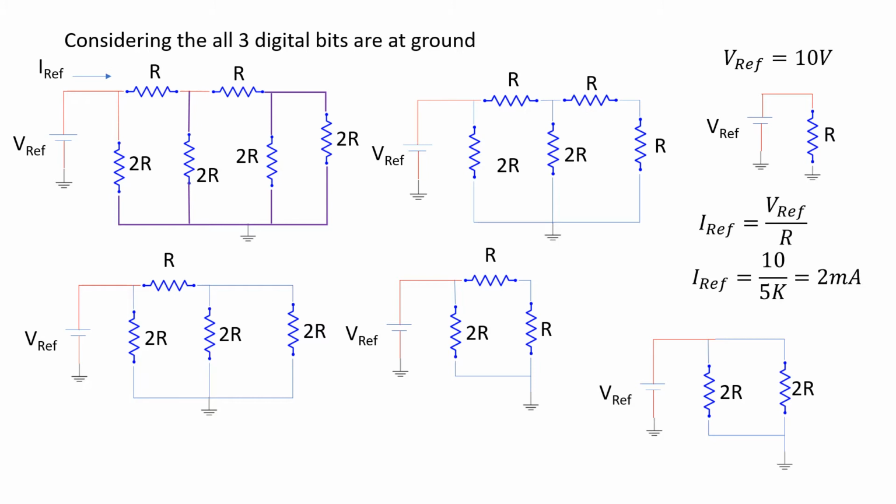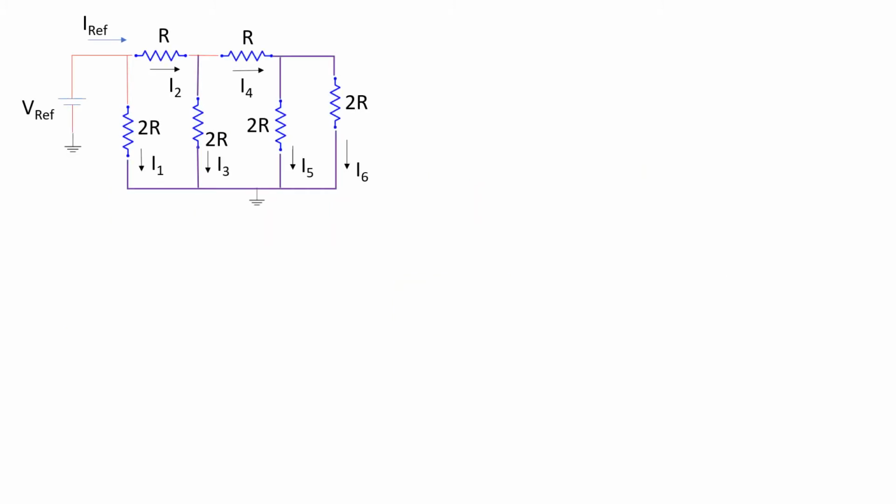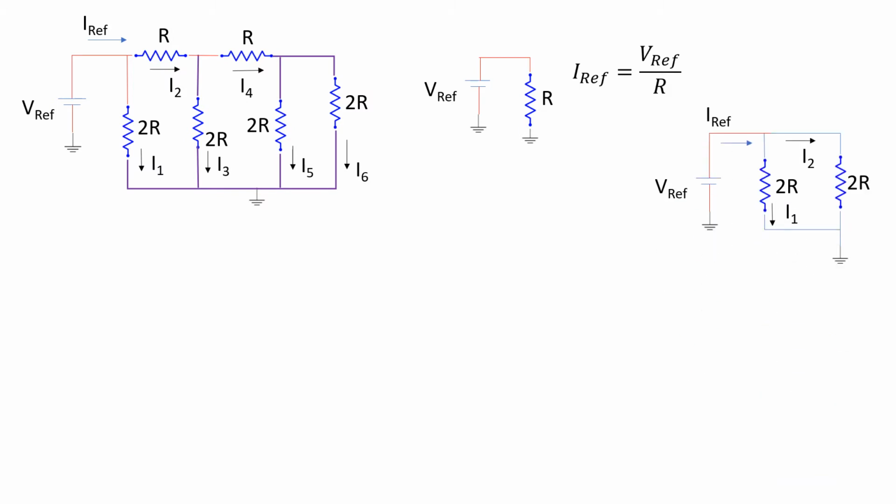equal to 2 milliamperes. So now to find the values of I1, I2, I3, I4, I5 and I6, we have considered I reference equal to V reference divided by R. To find the value of I1 and I2, we have to simplify from the first circuit, we have to simplify all the resistance values. So this will be the simplified circuit where we get I1 equal to I reference into 2R divided by 4R. Here to find I1 we are using the current divider rule, so I1 will be equal to I reference divided by